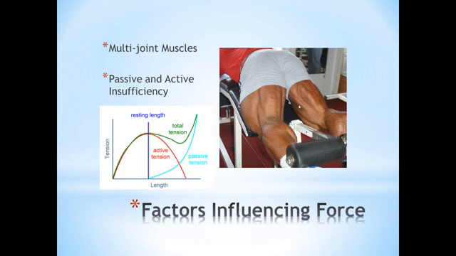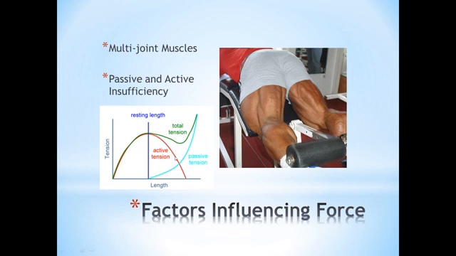So I come back and I look at my length tension relationship again, and I have active and passive insufficiency. That's really the part of the curve when I have an inability for cross bridges to connect, whether it's because they're too short or because they're too long. So when I'm in this side of the curve where I have tremendous overlap, I'm in a position of active insufficiency. And when I'm in this aspect of the curve, when I have cross bridges that are too far apart, I'm in a position of passive insufficiency. So the only tension developing becomes that from passive structures or those serial elastic structures. So active and passive insufficiency is really a function of a multi-joint muscle and where the joints are,